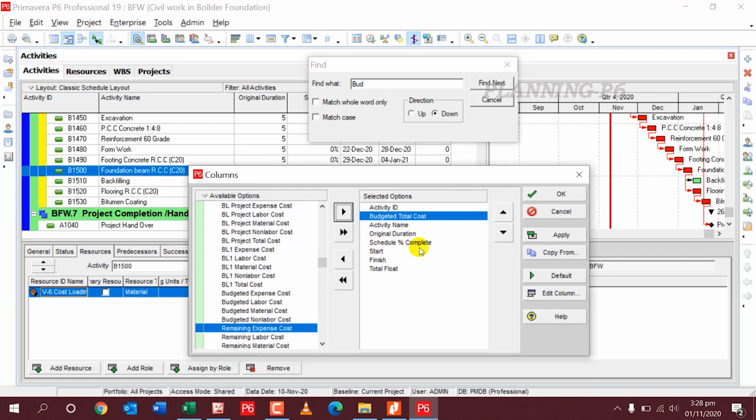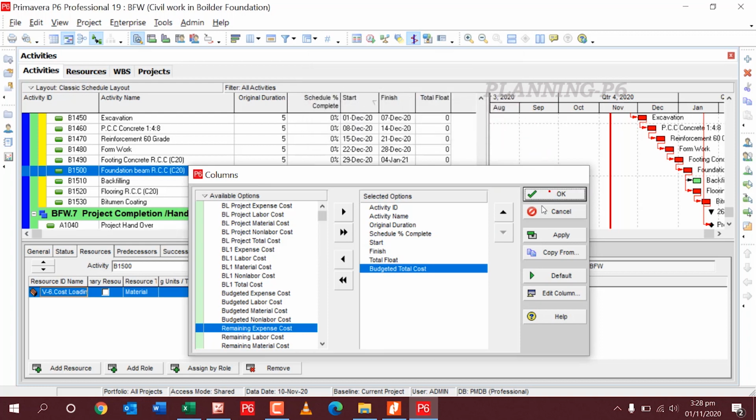Budget total cost here. Okay, fine. I have added here budget total cost in PKR units.